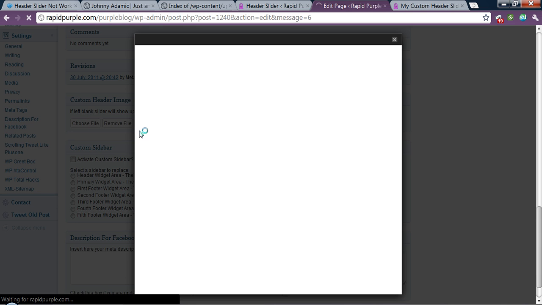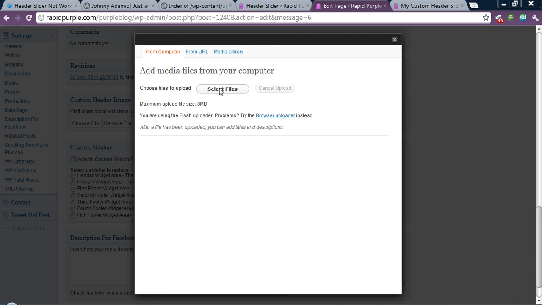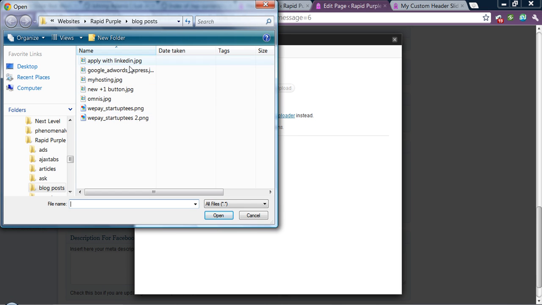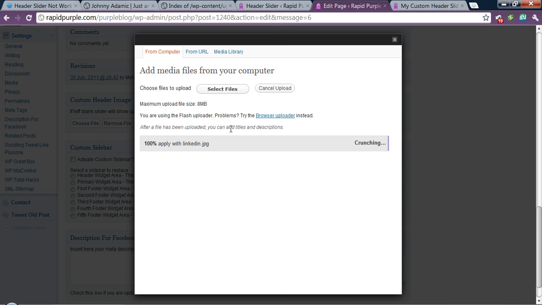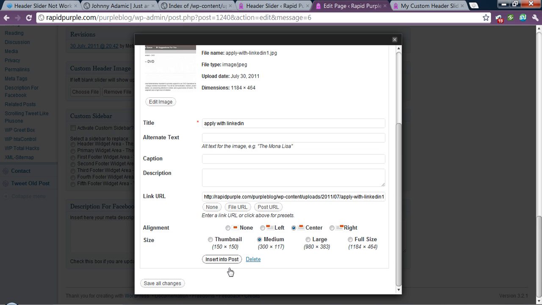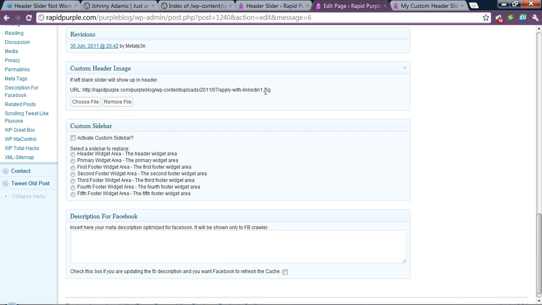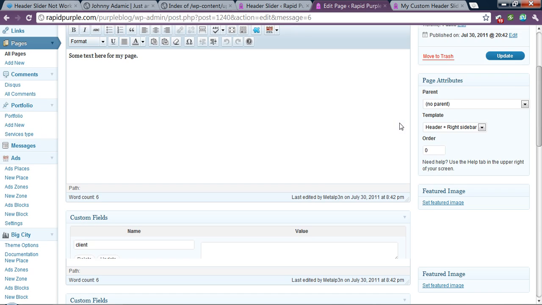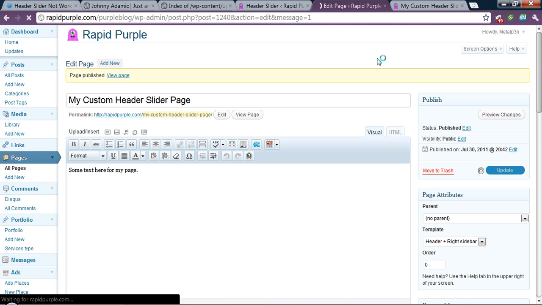So if I go in here and I choose a file here, what it'll actually do, and this will probably look really bad because it's once again the wrong image. Here I can actually press insert into post, and it'll insert the link to that file right into there. If I then go ahead up here and press update,